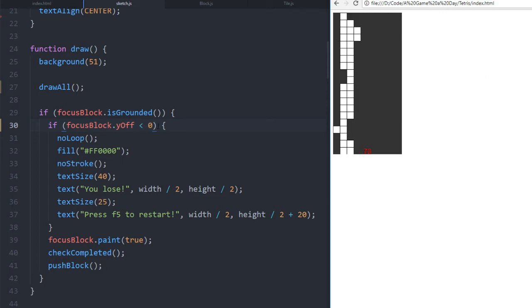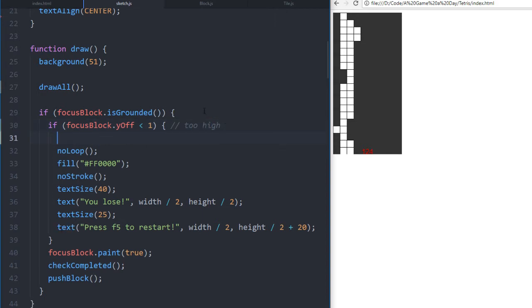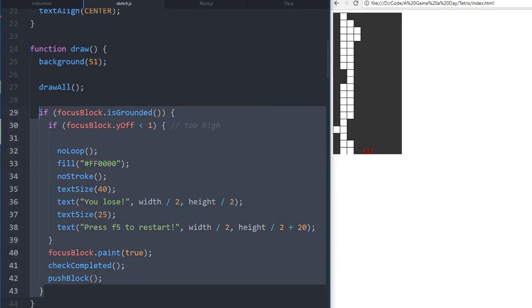Okay, yeah, it does have to be less than 1. Well, how do I say this? Focus block dot too high. Okay, this can be